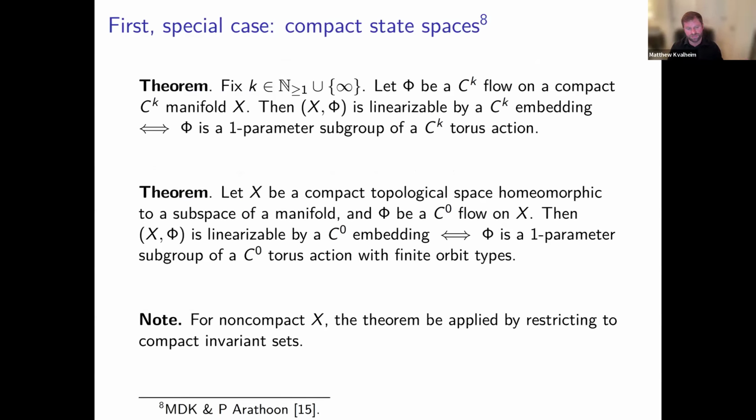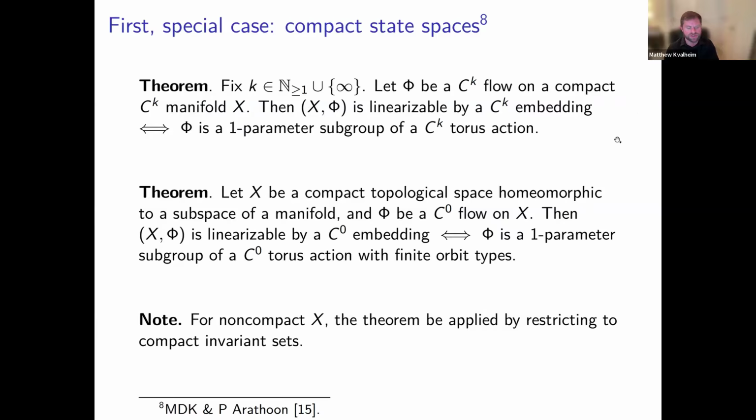So I'll split the solution into a CK statement and a C0 statement. For the case that K is at least one, let phi be any CK flow on a compact CK manifold, X, then X phi is linearizable by a CK embedding if and only if phi is a one parameter subgroup of